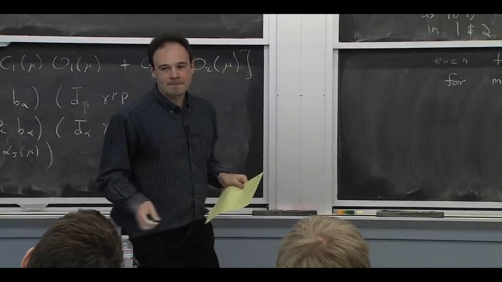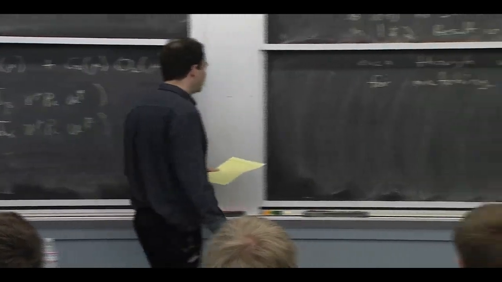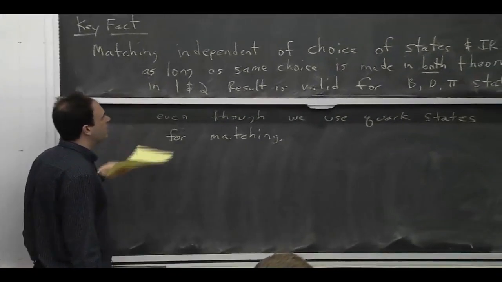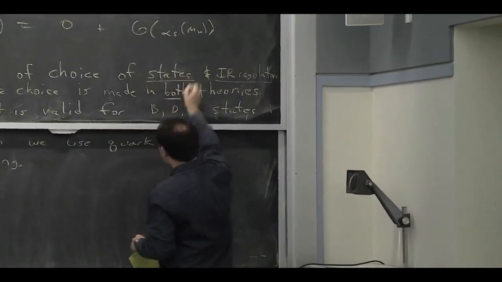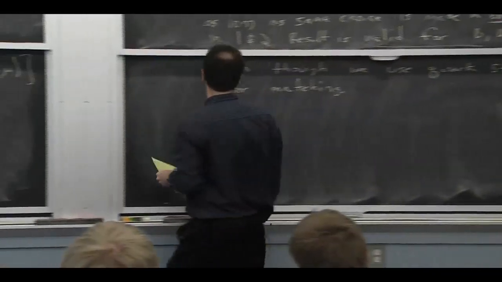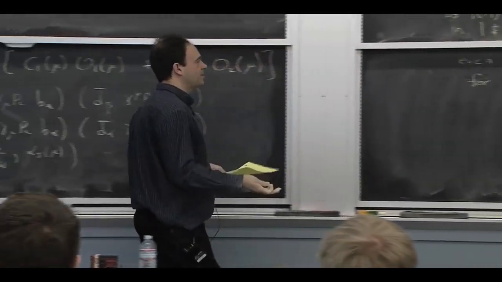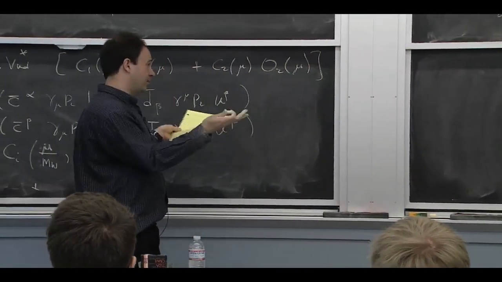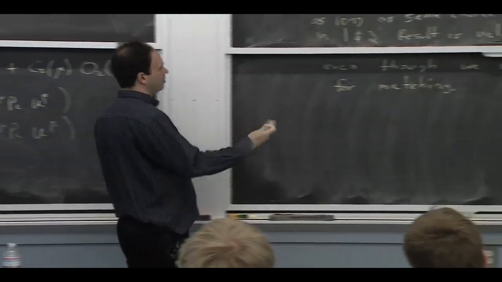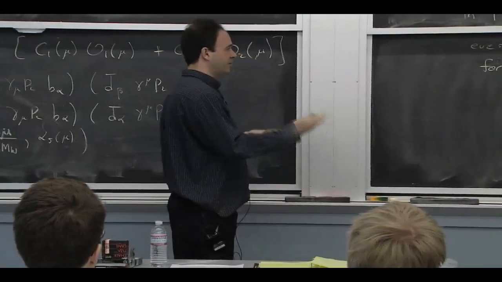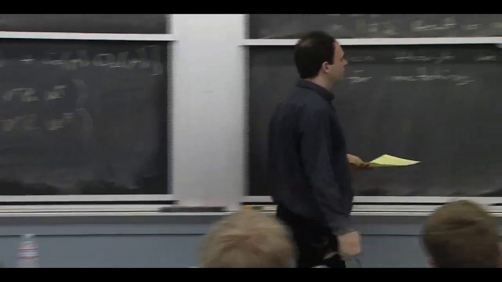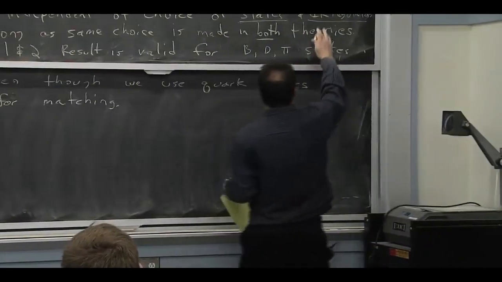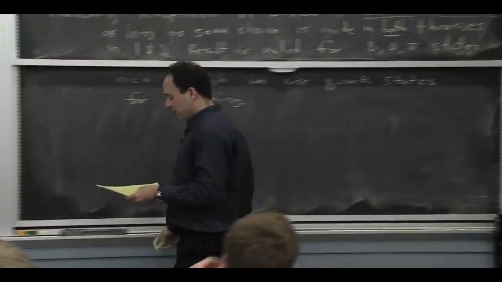Any questions about that? Okay, so this is something that you should keep in mind. And you should keep in mind that you do have to make sure that you're using the same states and IR regulator in the two theories. In this case, that's pretty easy. The states are really the same states because you're defining the states with the Lagrangian for the B quark, say, and the B quark Lagrangian hasn't really changed. So there's no change to the state. And you can set things up so that you have the same IR regulator